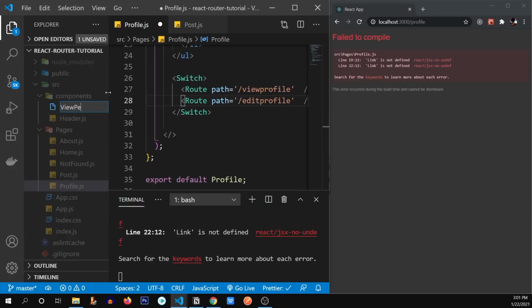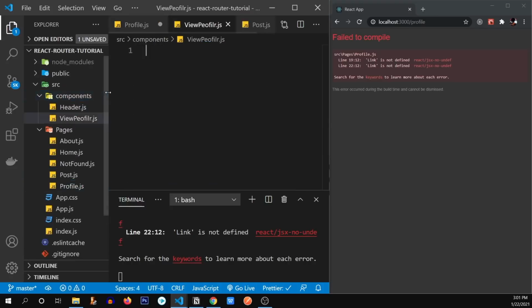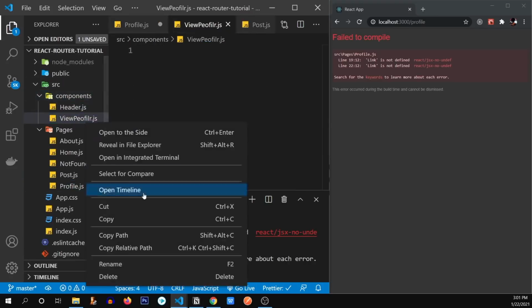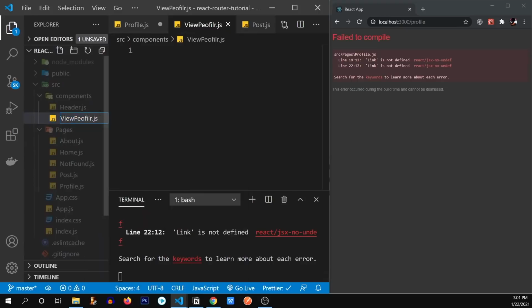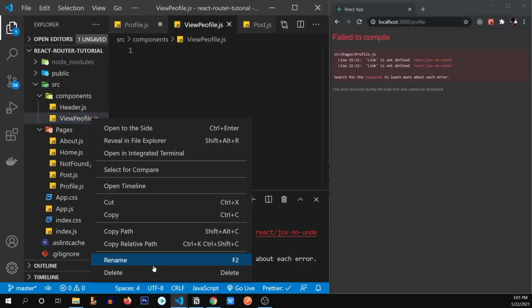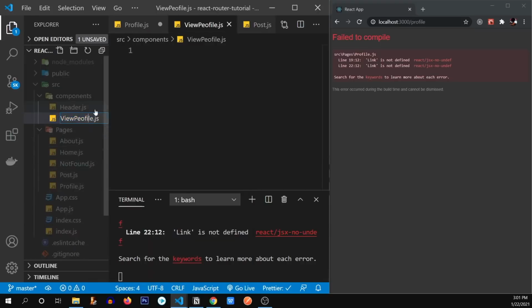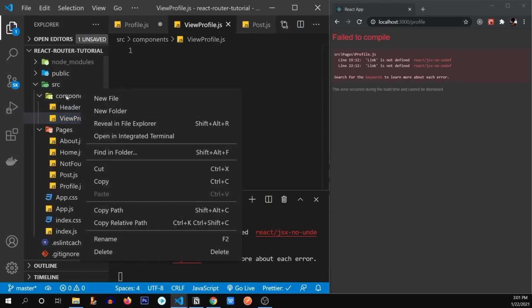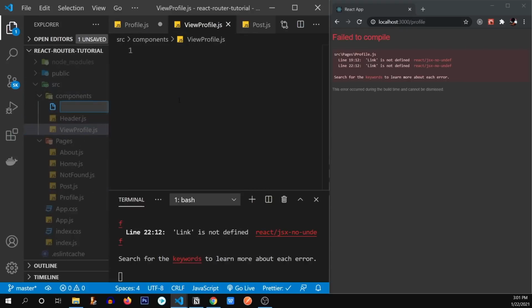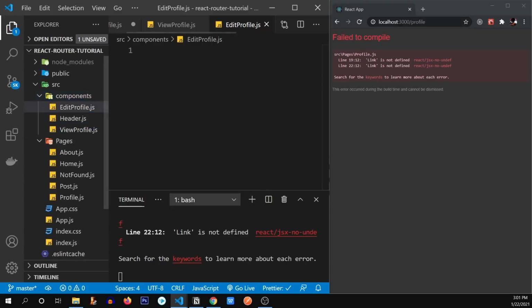View profile.js. Okay, I made a spelling mistake. View profile.js. What the heck? Profile. Yes. Edit profile.js. Yeah. Let's create this RAFCE,